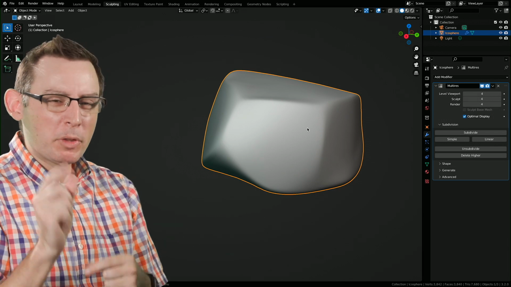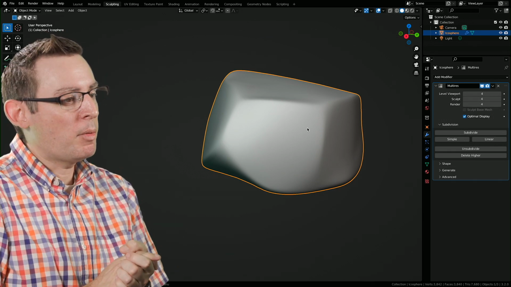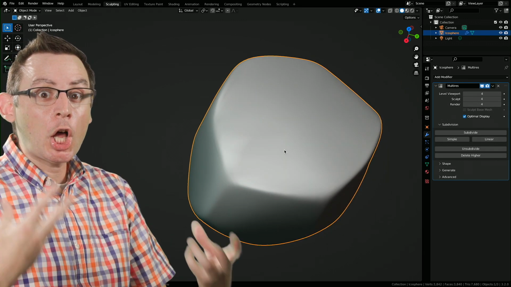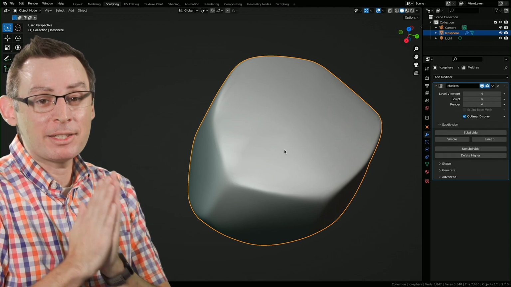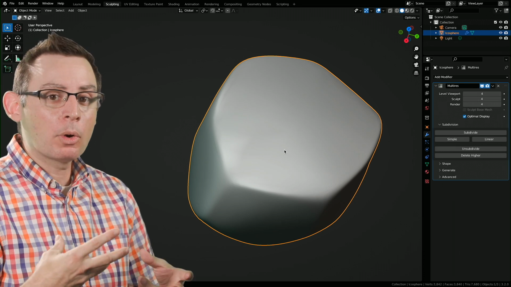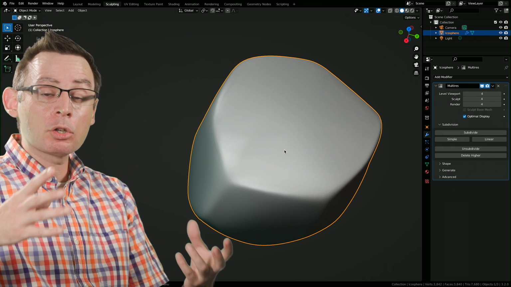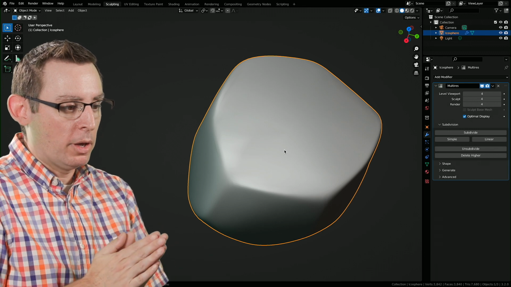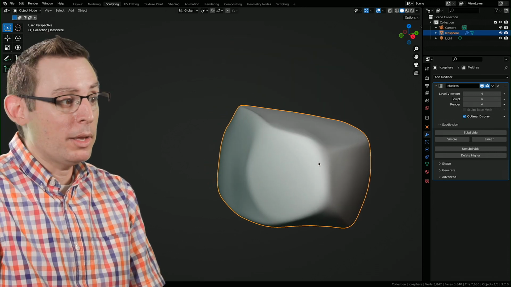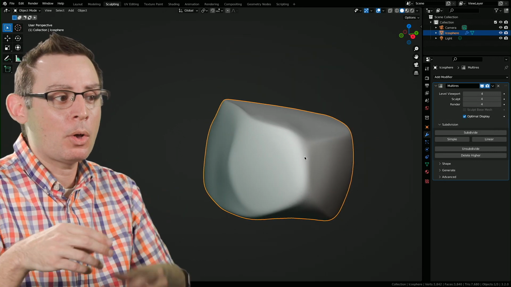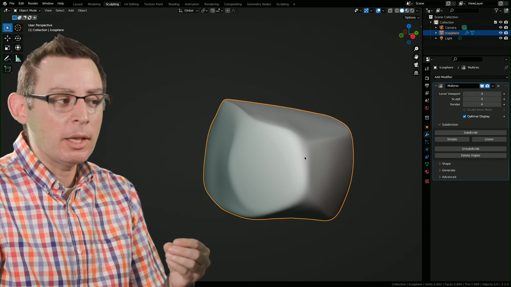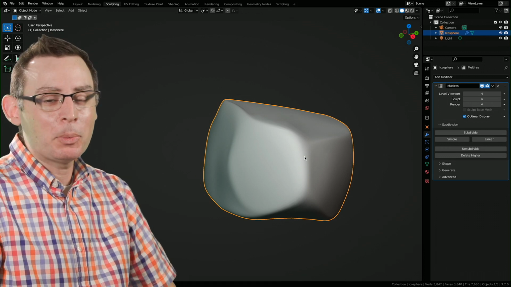However, we have a little bit of a challenge here, and it has everything to do with the topology. The sculpting workflow gives us a lot of geometry. The multi-resolution modifier is fantastic, but now we need to optimize this mesh and get it into a form that allows us to work a little bit more efficiently inside the larger 3D production process. Right now, we have a couple hundred thousand polygons on this mesh. That's not something that I want to commit to a rock that's going to be relatively small inside the scene. So we need to explore in the next video how we're going to retopologize this quickly while maintaining all of these wonderful details that we've sculpted inside of Blender.